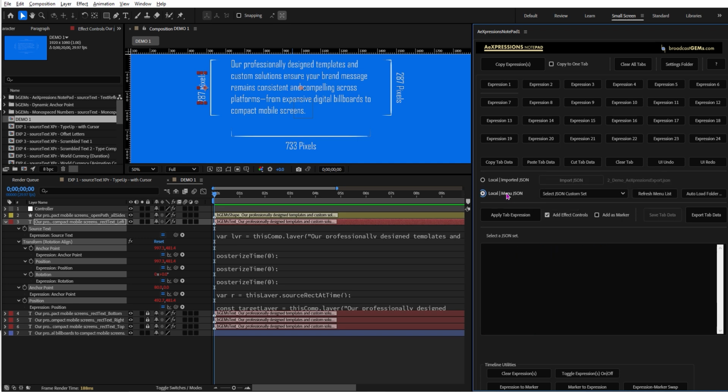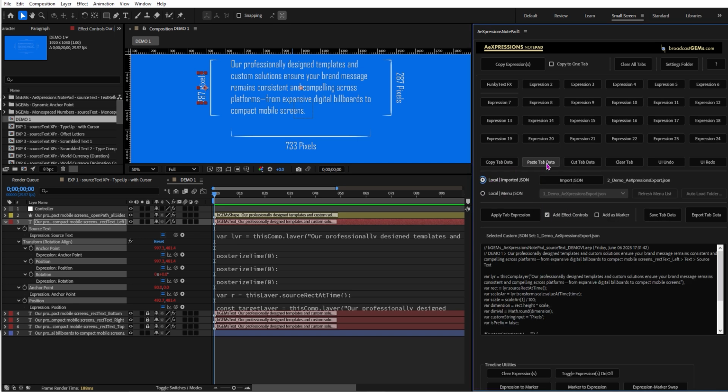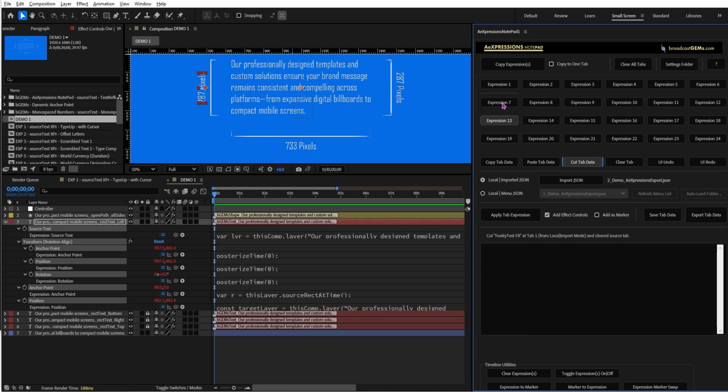So now I've quickly shown you this. Now we'll look at cut tab data, and it's just like your normal After Effects. Yeah, it cuts it, removes this guy. It removes the tab name, and then the tab name, as you see, reverts to the default tab name. Okay, then I can paste it here in the same custom JSON, or I can go to a new